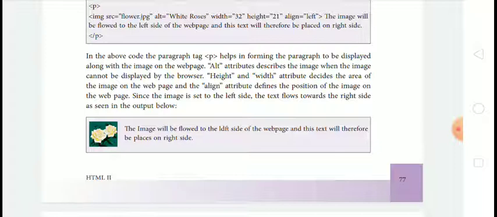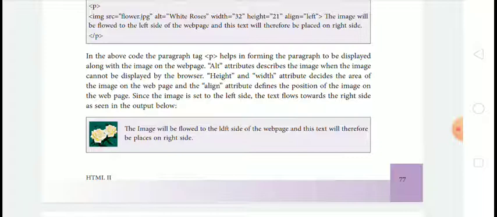See, the result is given in the bottom side. So on the left side is the image of white roses, this image is placed to the left side, and the text is placed to the right side.